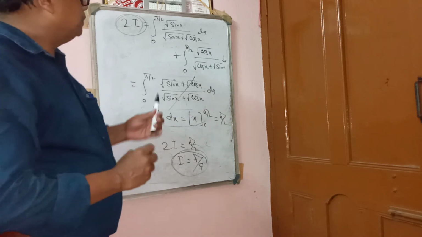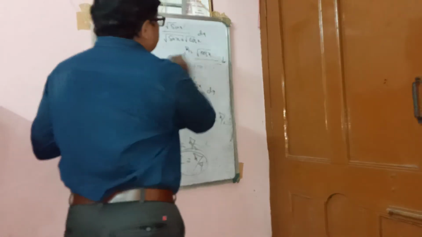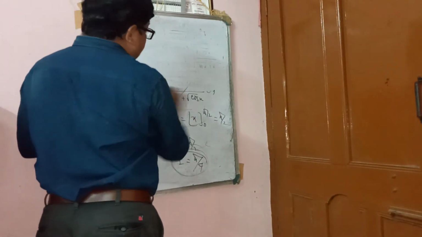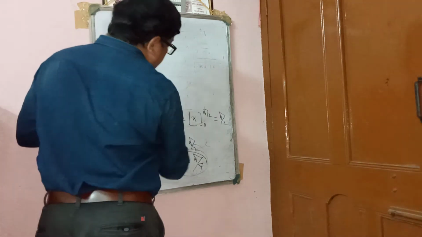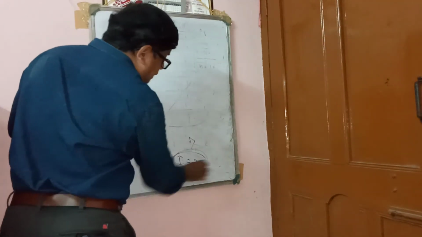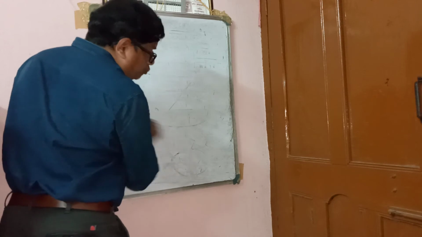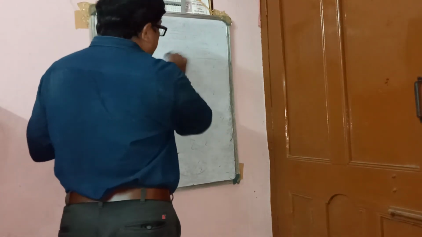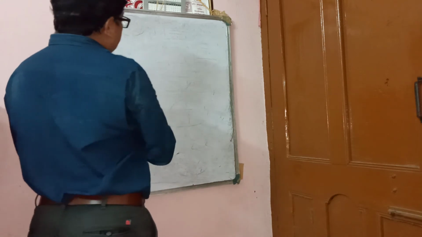Okay, so a similar type of sum is there. So the answer is always pi by 4. This type of sum, I am showing you especially, is a very important sum. You will get one question, a short type question also, and a long one also. This type of question will come in the board exam. Okay.